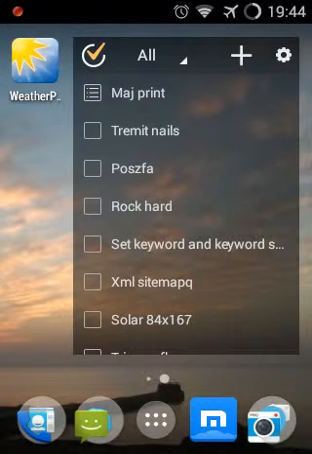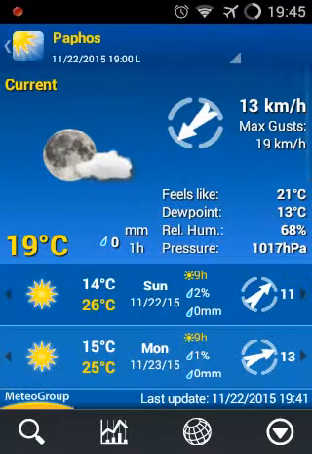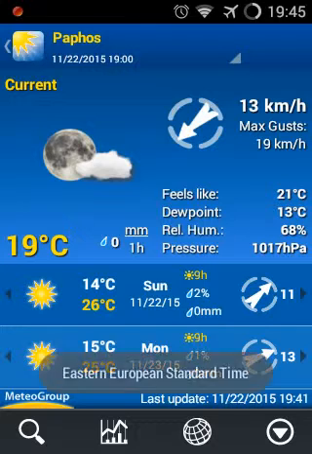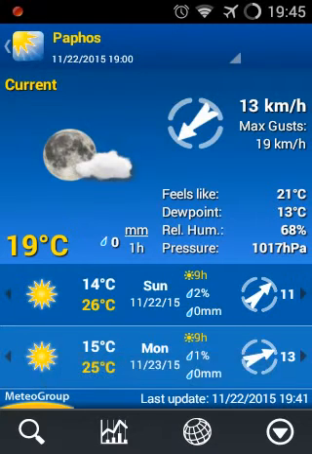Welcome everybody. Today I'm going to make a short review of an app that I like in particular. This is the icon that you can see right now in the left upper corner. It's named WeatherPro and it's provided by Meteo Group. I think this is the name. Yeah, Meteo Group. And this is an app that shows a simple weather forecast